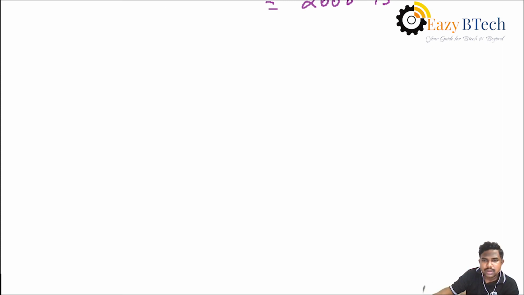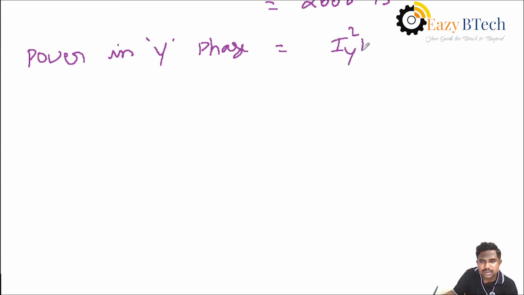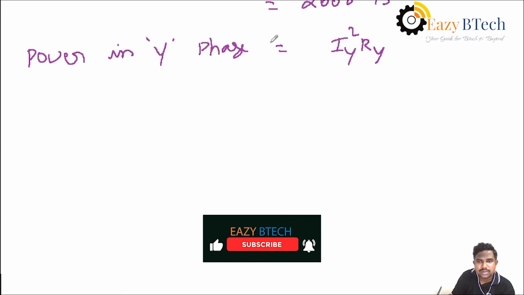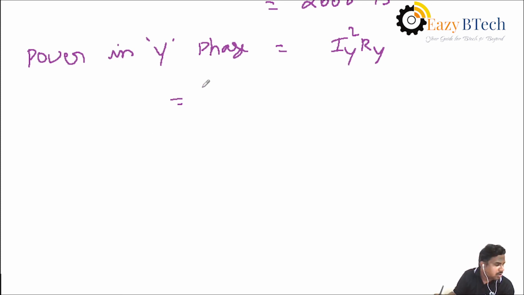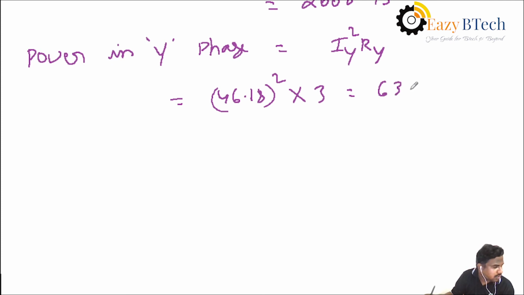In the same manner, you have to find the power in the other phases also. That is the power in Y phase. What is the current passing through Y phase? IY, that is IY square, and the resistance of the Y phase. We know the power loss across the resistance; the formula is I square R. Here we use the same formula in each phase. What is the value of the IY current? 46.18 whole square, and the resistance value is 3 for Y phase. Then the value is 6397.77 watts,